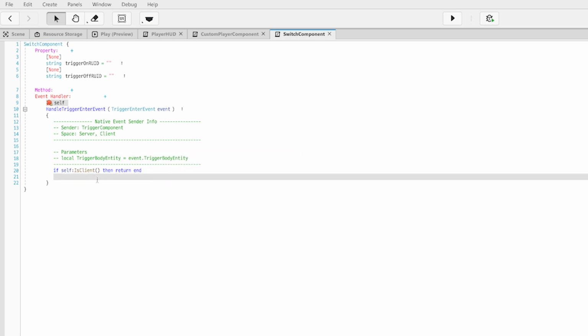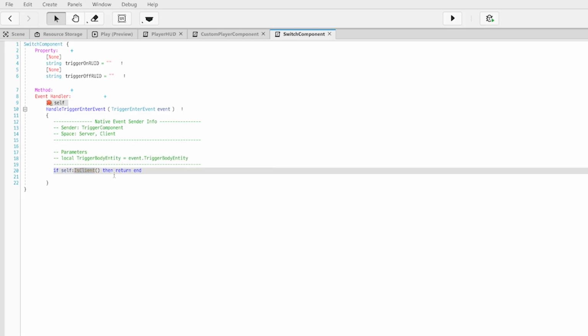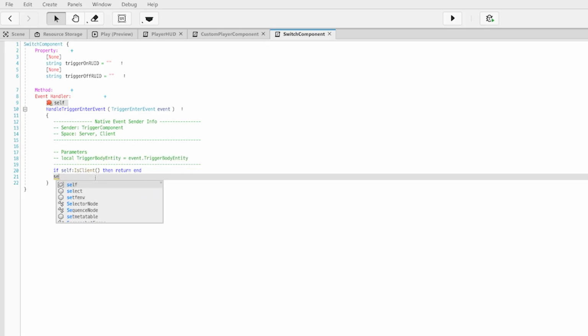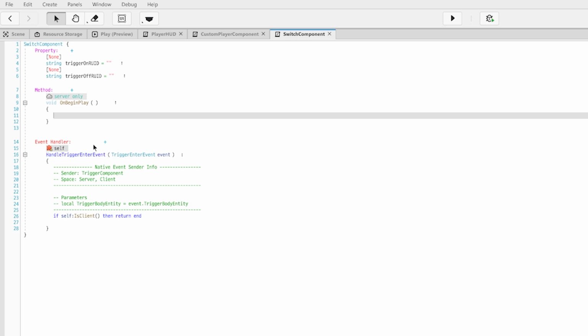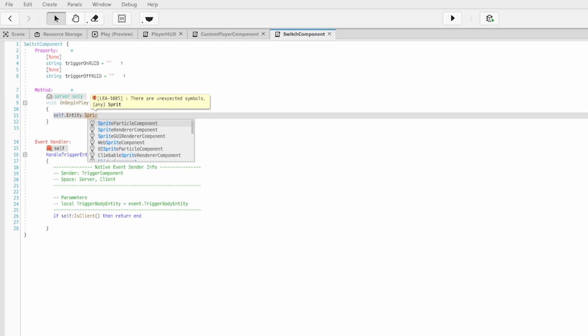If your intent is to execute different code depending on the client versus server, you can use the isClient or isServer to differentiate your code between the client and the server side on this event. In our case, whenever our trigger event is called, we're going to toggle our trigger on and off and affect the day and night. So let's create our onBeginPlay method. And inside of here, let's first initialize self.entity sprite render component